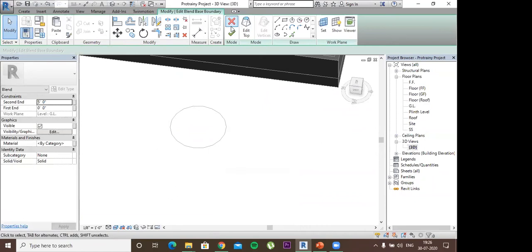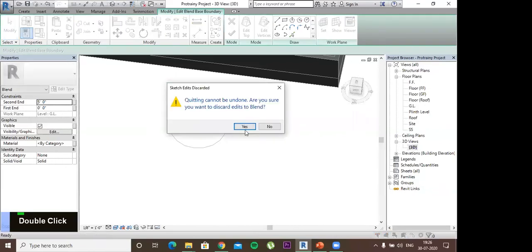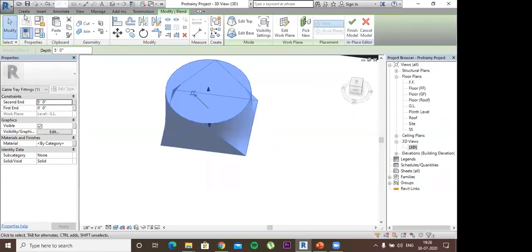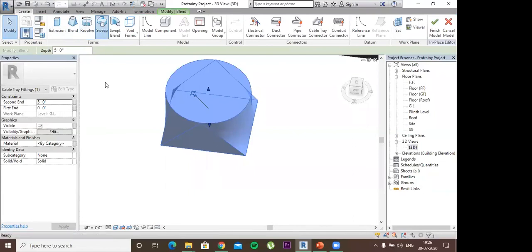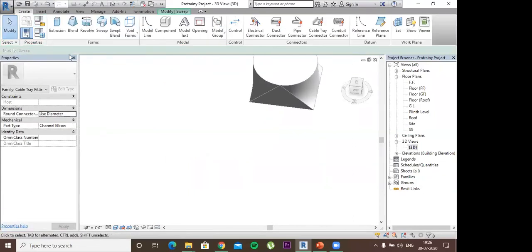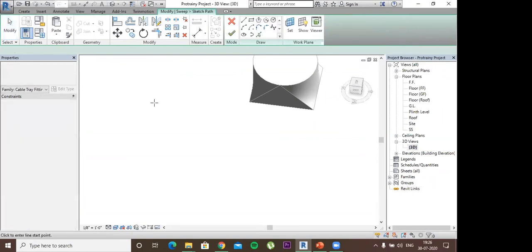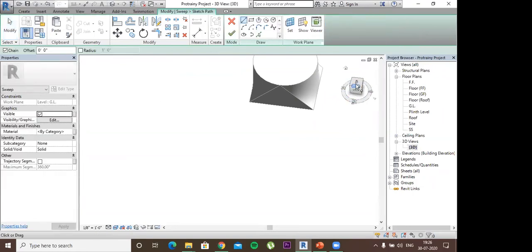I'll show you how to create a sweep. Okay. For example, I want to create a sweep here. So first of all, I will sketch a path to which I want to sweep my element.